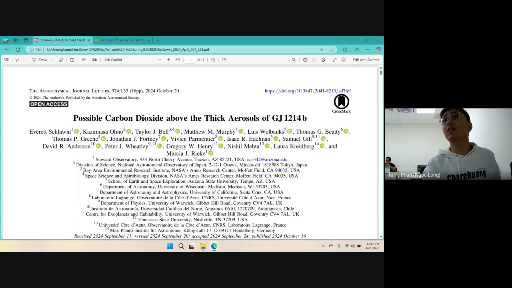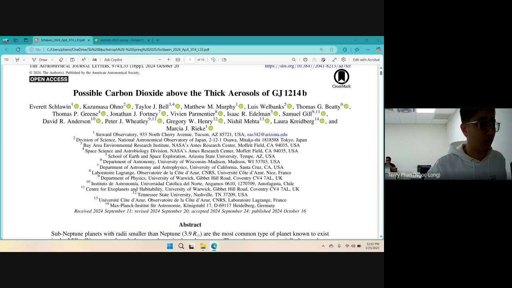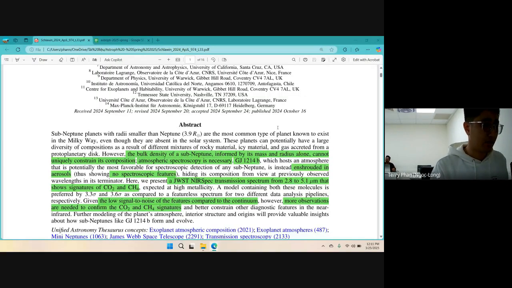Okay, so the paper I want to share today is about the possible carbon dioxide above the thick aerosols of the exoplanet GJ1214b. So we know that the sub-Neptune planets have a radius about 2 to 3.9 times the Earth's radius, and this is the most common type of planet in the Milky Way. But unfortunately, there's no such object in our solar system,